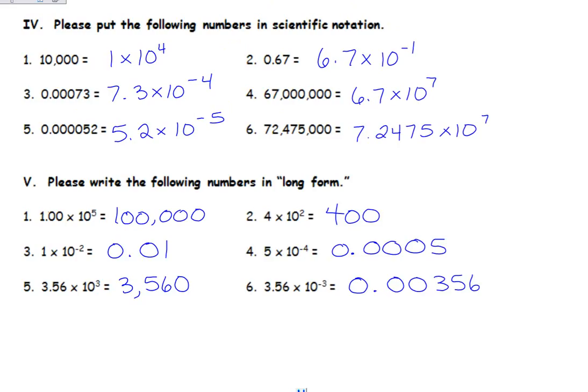Alright, so here are the answers to some practice problems. Notice whenever I have a positive exponent, the number is large. Whenever I have a negative exponent, the number is small. A couple questions that people will sometimes ask. Obviously, if you have something like 3 or 5 or 2, and you're moving the decimal spot until